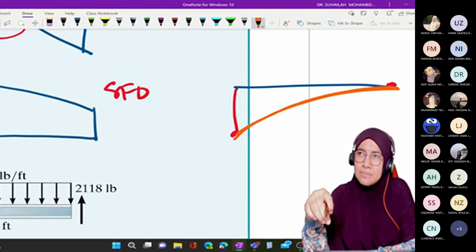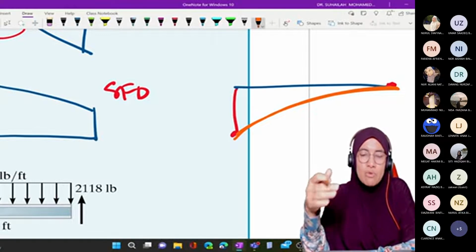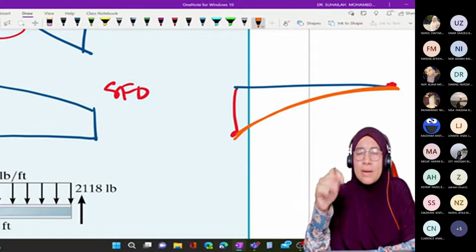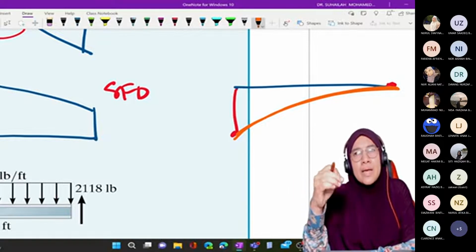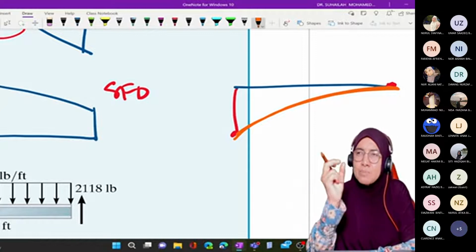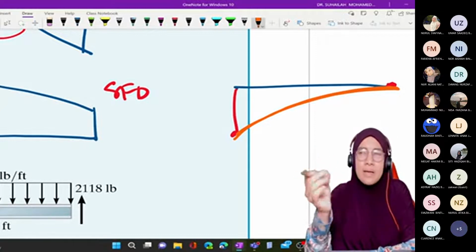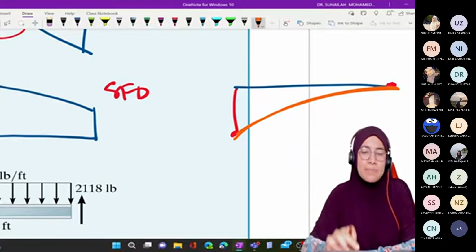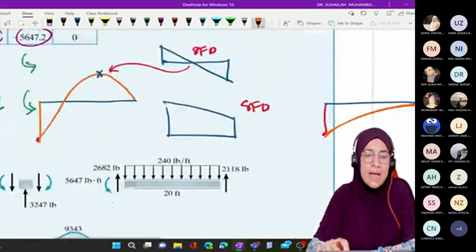shape, the accurate shape of the bending moment diagram, then you have to write the equation. Get the equation, write the moment equation, substitute values, use small intervals, then you will get the right shape of the bending moment diagram. But basically, if we have